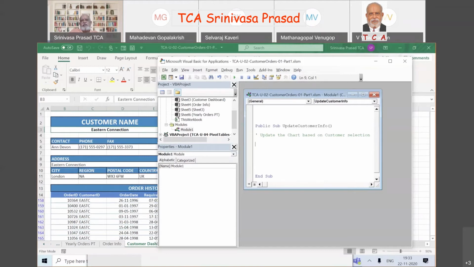Range we need to give. No, what we are going to tell him first of all? If you have to select the customer name in the dashboard.